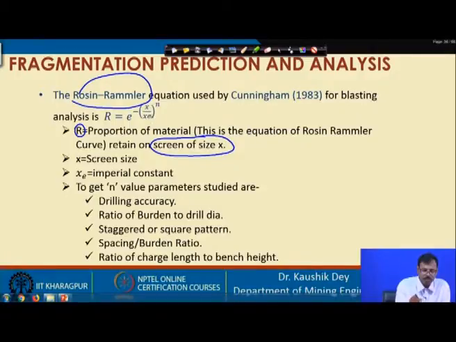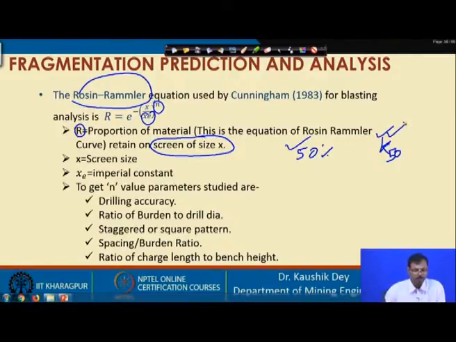Using these two empirical constants, they found this is an exponential function. And if R is considered as 50%, then the value of x achieved is considered as the K50 size. So, for R equal to 50%, the value of x achieved is basically the K50. So, this Rosin-Rammler equation is basically designed